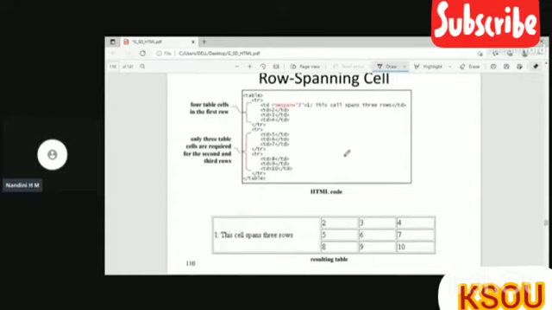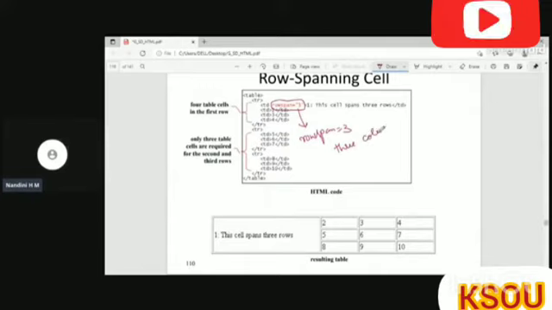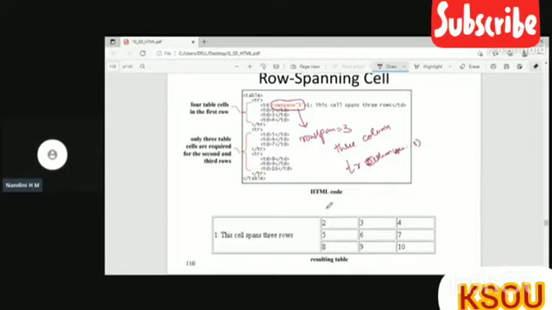You can see here, rowspan is equal to 3. It means it is merging 3 columns. Suppose if I have given in the table row, which is TR, colspan is equal to 3, it means it will merge 3 rows. Here TD indicates columns and TR indicates rows. So whenever I use rowspan within the TD, it will merge the columns. So here 3 columns are merged. If I write it in the TR, it will merge the rows.